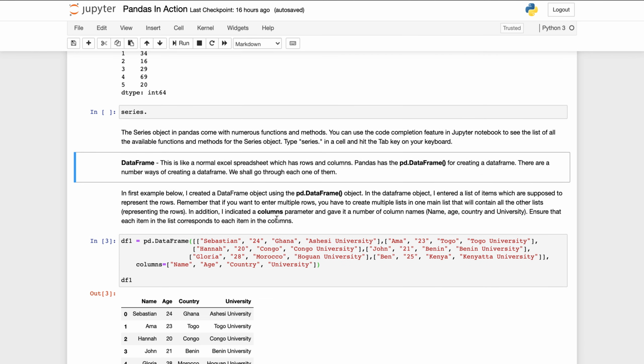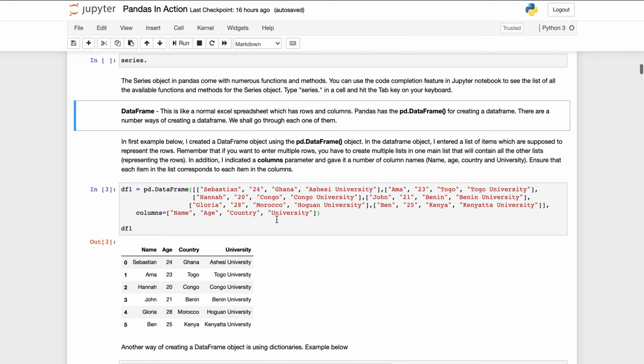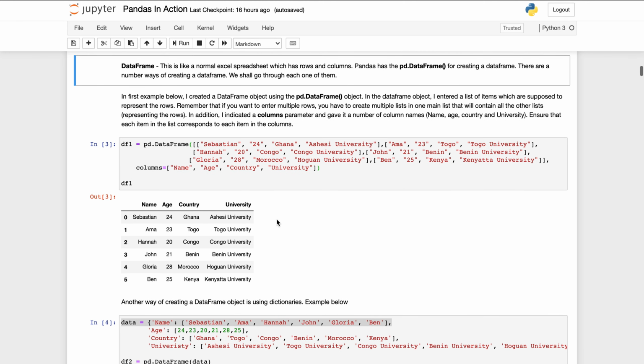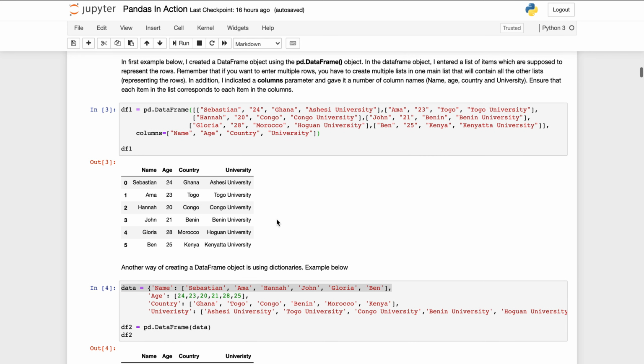So the next data structure is data frame, which is very much like an Excel spreadsheet, which has rows and columns. Okay, and then we use the pd.DataFrame function to create a data frame. Okay, and there are a number of ways of creating a data frame, and we shall go through each one of them. Okay, and so in this example,